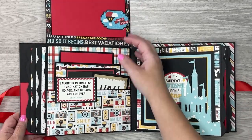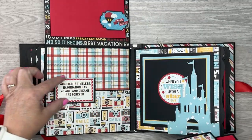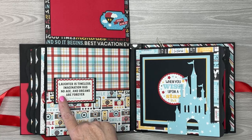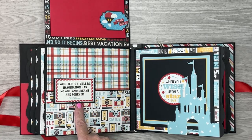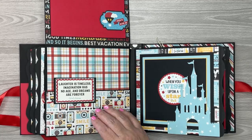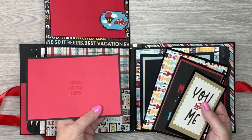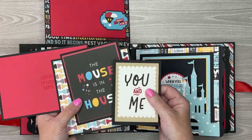And we have a pocket here. I added, let me pull these out so you can see, a small little journaling card that says, "Laughter is timeless, imagination has no age, and dreams are forever." I backed it with some blue and black cardstock and attached that to the pocket. And we have some 4x6, 5x5, and some more journaling cards that